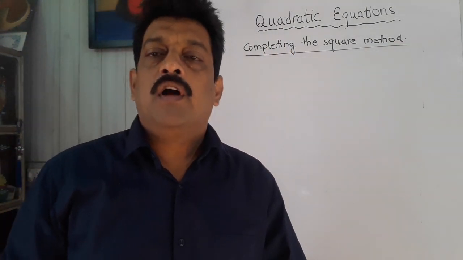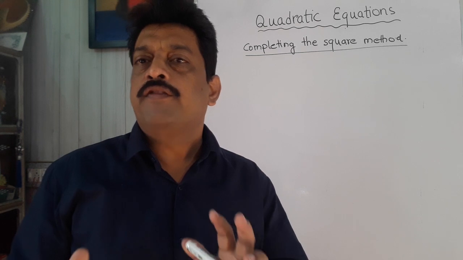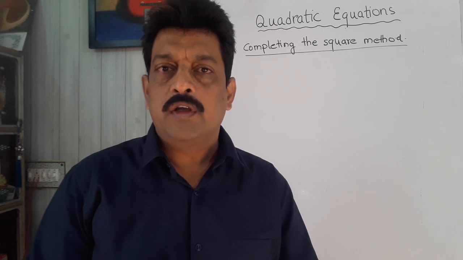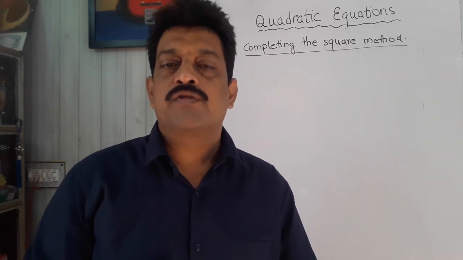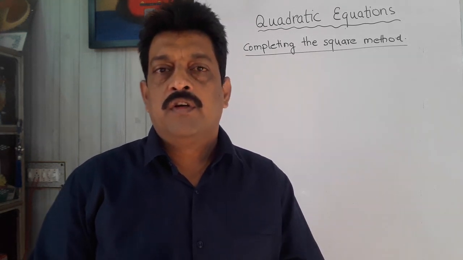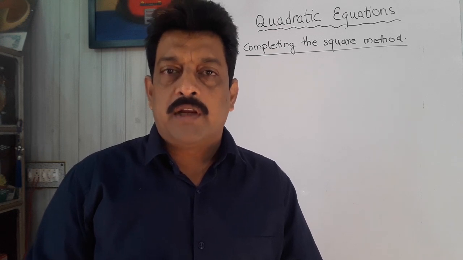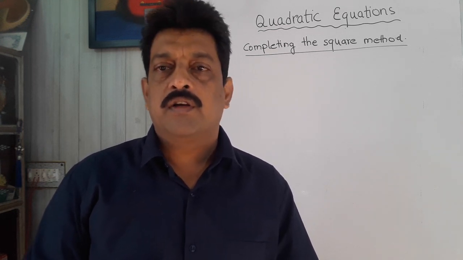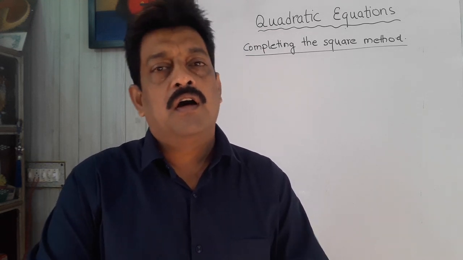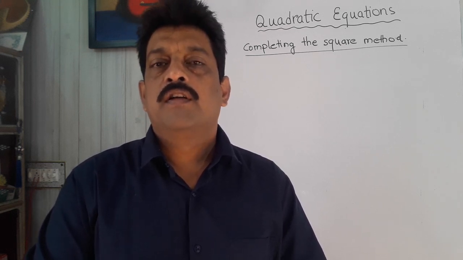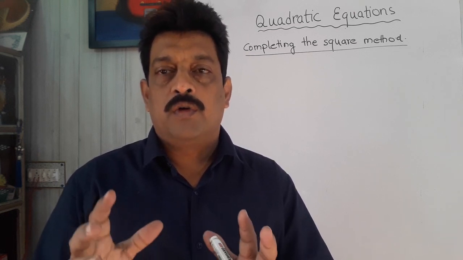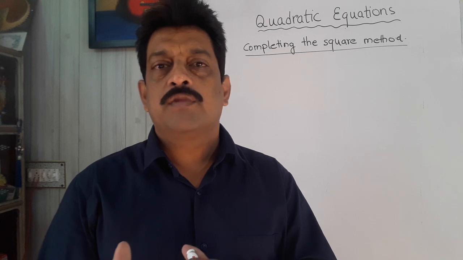Students, in this method, a given quadratic equation is written in the form of a whole square. Either it is (a plus b) whole square, and we all know (a plus b) whole square equals a square plus 2ab plus b square. Or it is (a minus b) whole square equals a square minus 2ab plus b square. Or it is (a plus b) multiplied with (a minus b), that is a square minus b square. So a given quadratic equation, we have to change it in the form of a whole square and then solve afterwards.